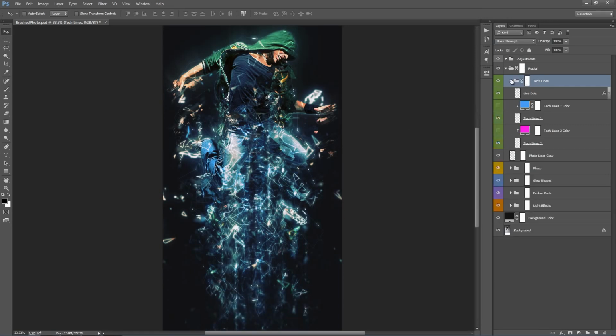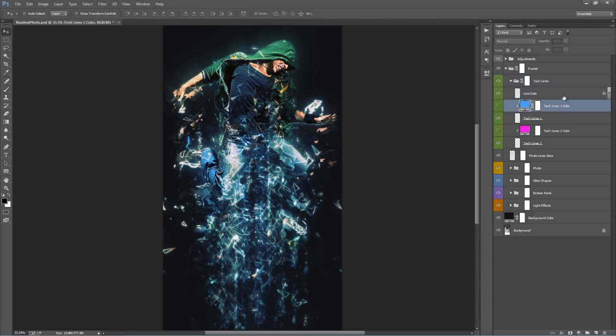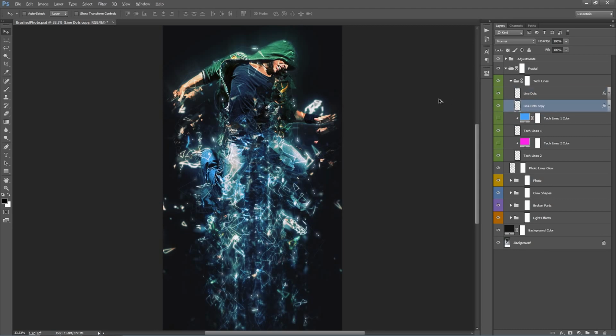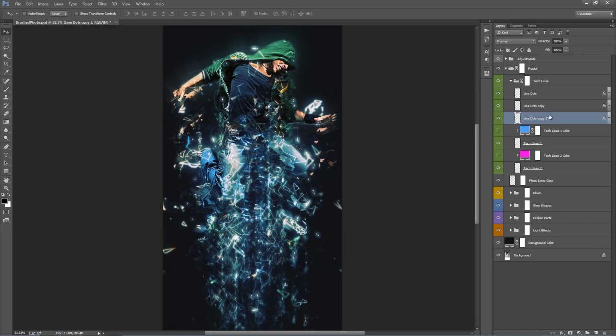If you go inside this folder, we have a few different layers. We have the dots, which you can move around off those lines. You can even duplicate them and flip them vertically, move them around to add more dots. Or if you just wanted to make it a bit more prominent, you can just keep duplicating it like that